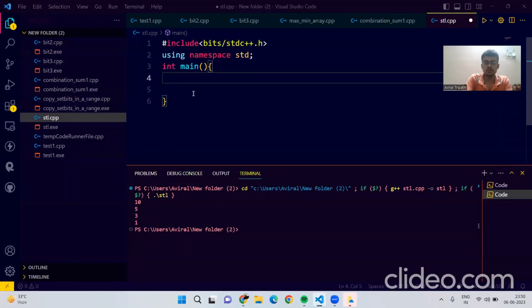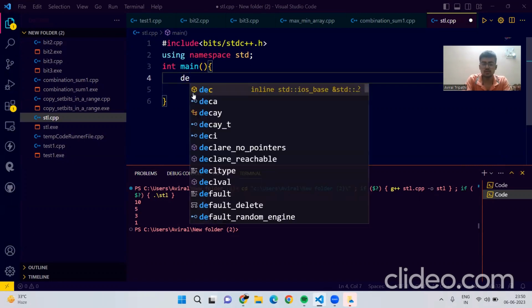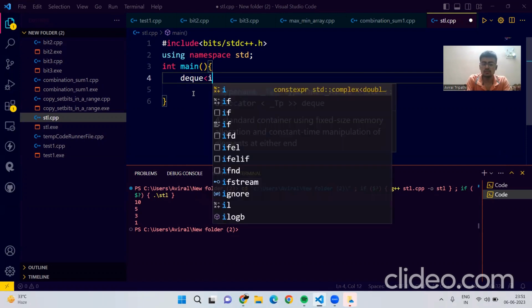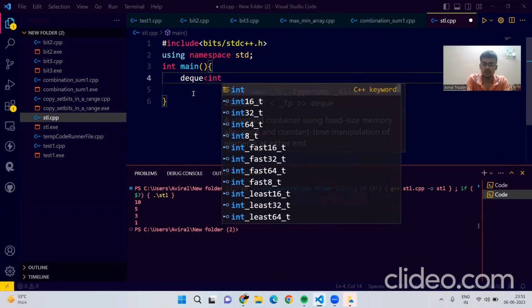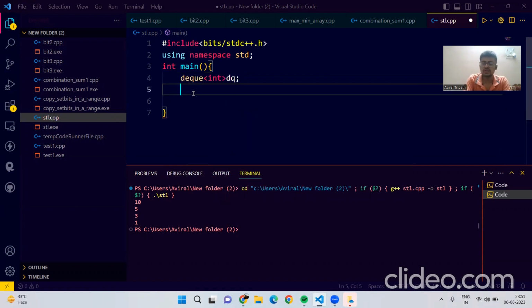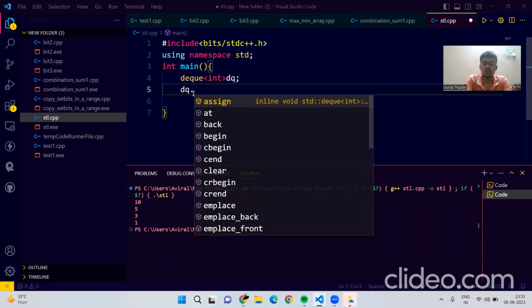So if I'm just going to write, the header will again remain the same, deque. I will be writing here deque, and I will be writing here int. That is the data type of the structure, and then simply I will be mentioning here the name of the deque. That is the declaration of the data structure. And then how we will be inserting. So inserting is again the same. We have got two functions, dq dot